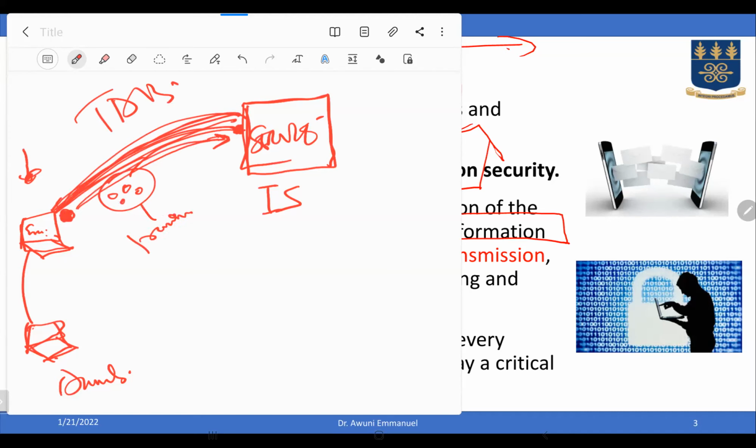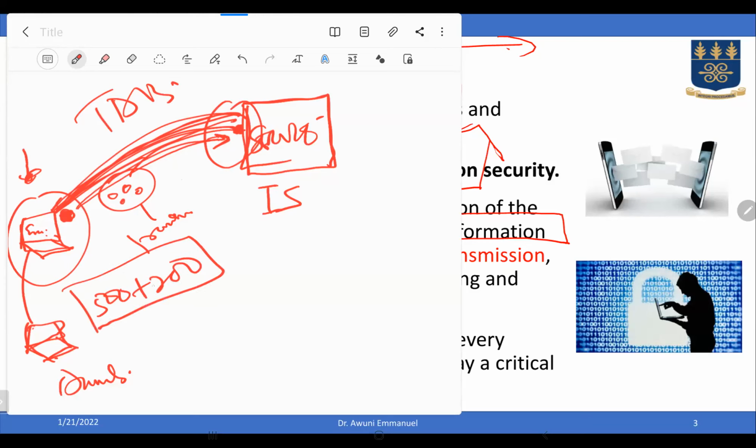And then, of course, since this one is a dumb terminal, the intelligent system is here. Once it gets here, it will be processed. For instance, if the person types 500 plus 200, this machine is dumb. It cannot add this together. So when it gets here, the 500 plus 200 has to be added. So if the machine is adding it, it means that there is some sort of processing. So this one is being processed in the course of what?